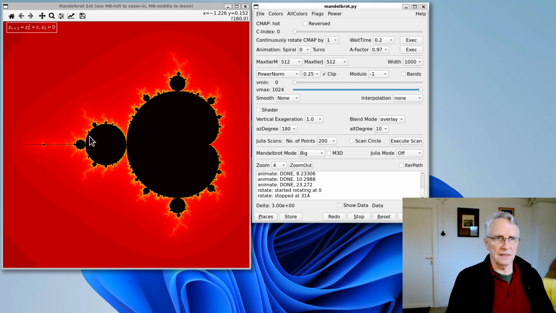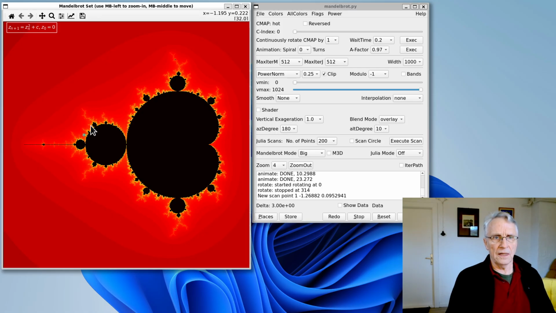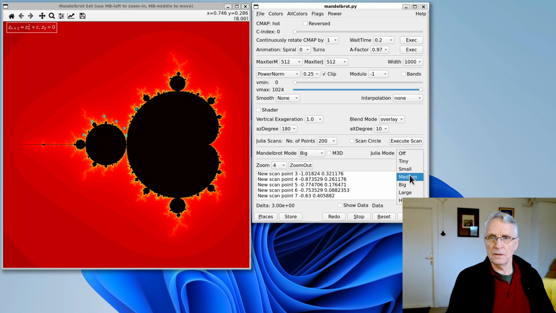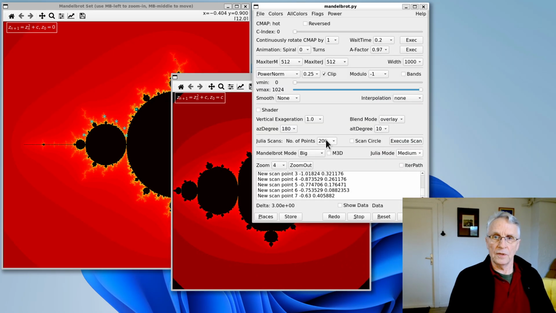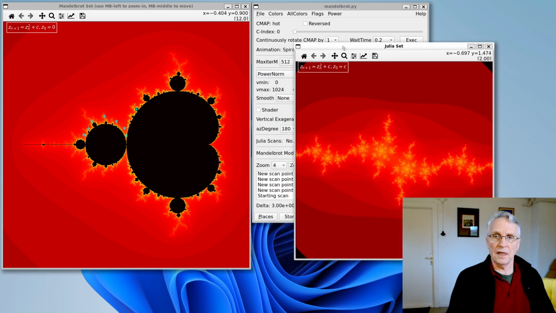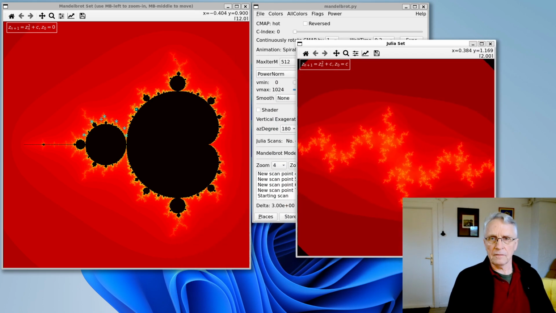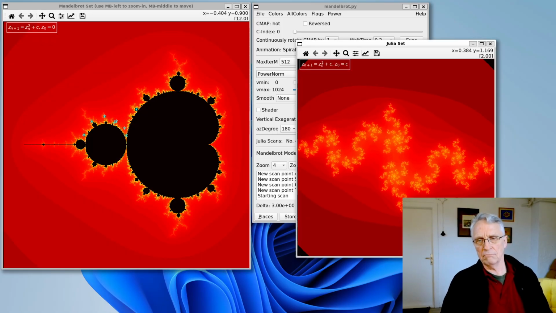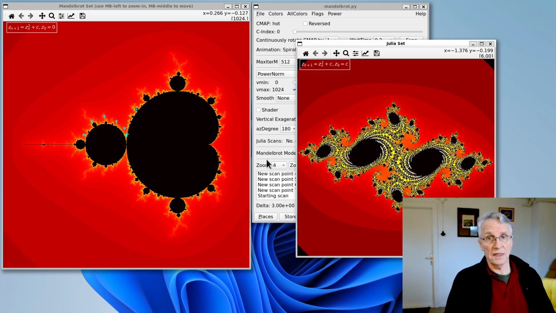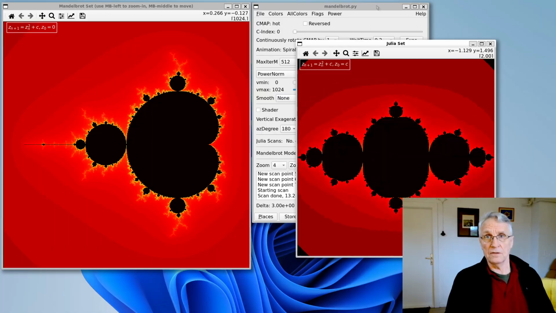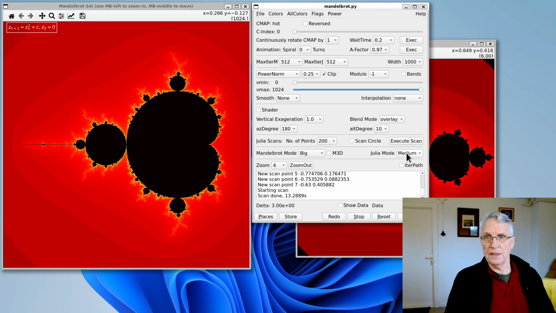And the other thing is Julia scans. I use my right mouse button to define the path of a Julia scan. Then I enable the Julia figure. I choose 200 points and I execute the scan, and you can see the different Julia sets at the different waypoints of the scan. So, okay, we are done. I disable Julia,